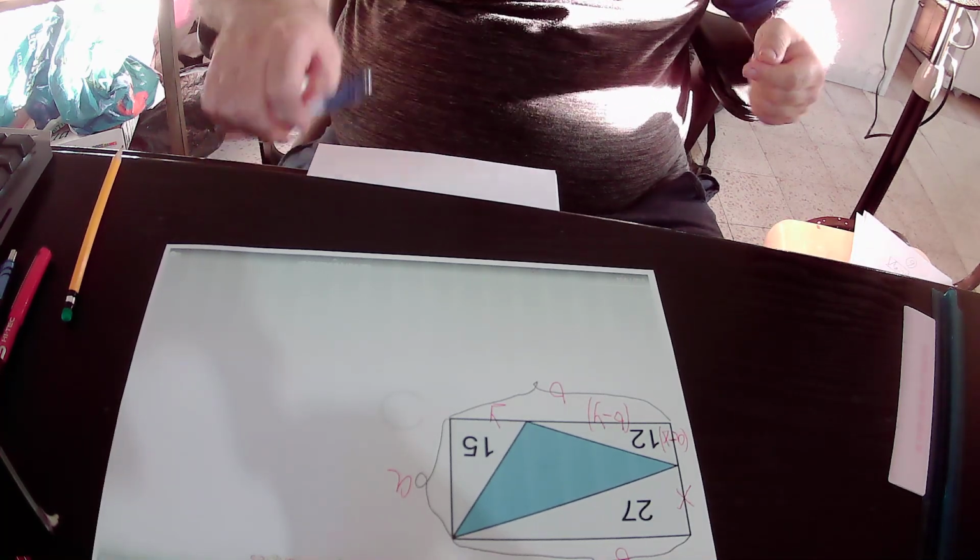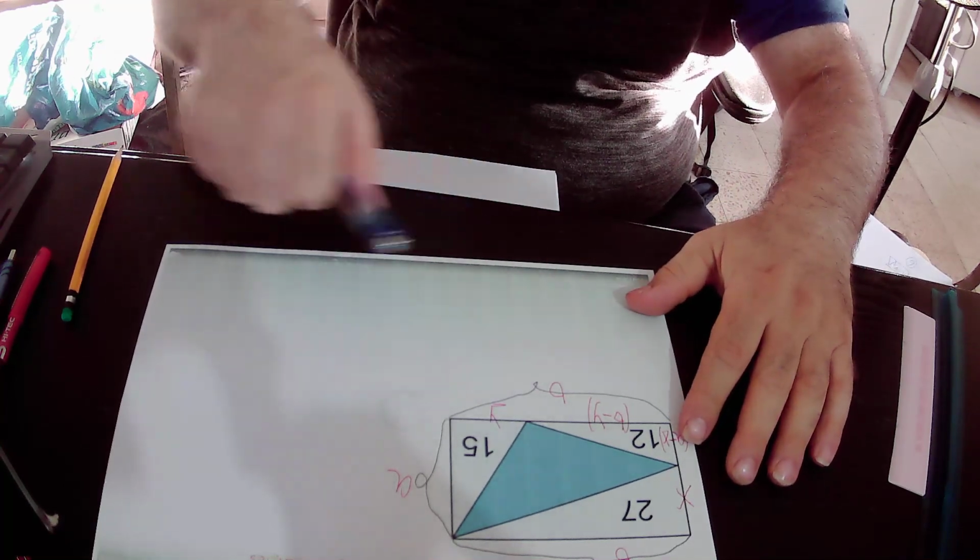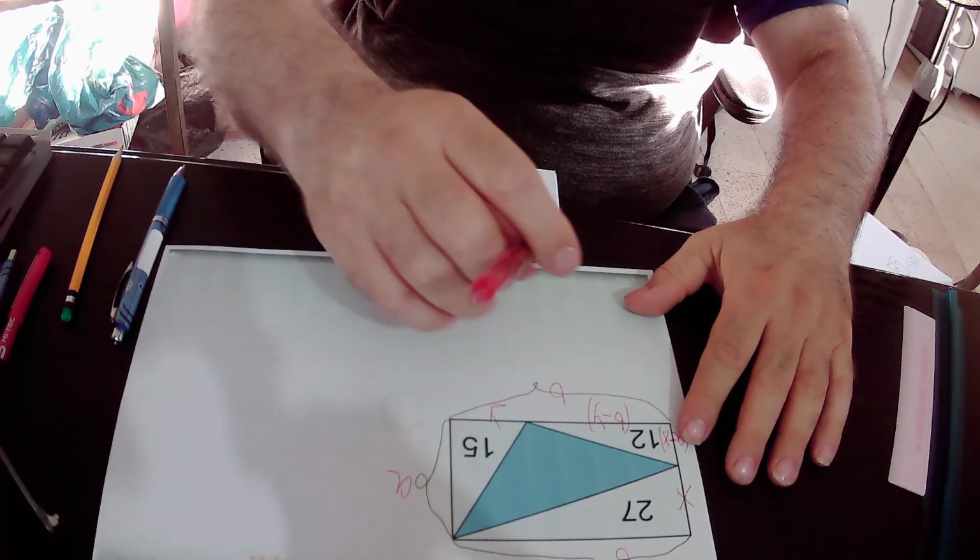So the area of this blue triangle equals